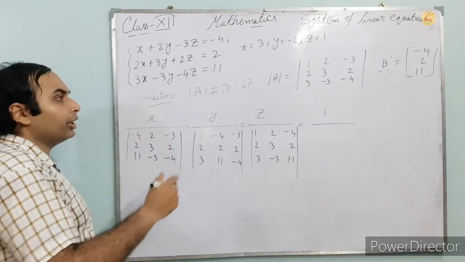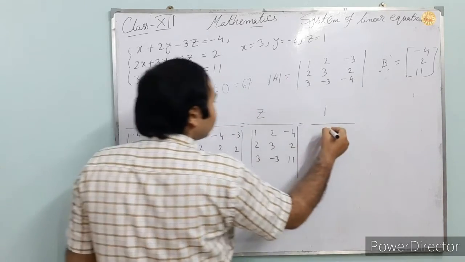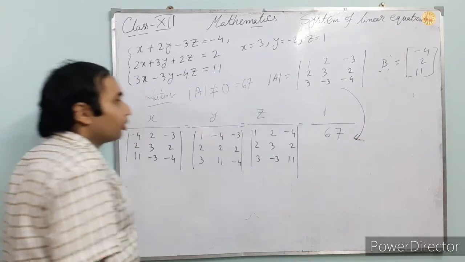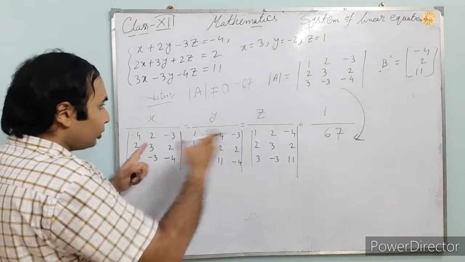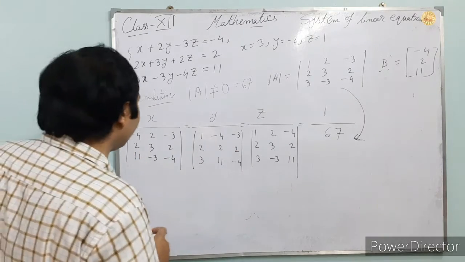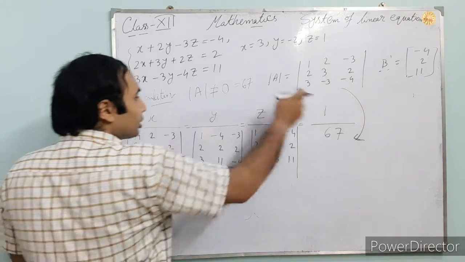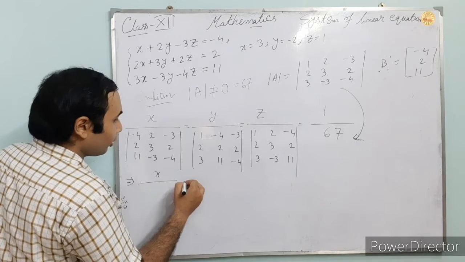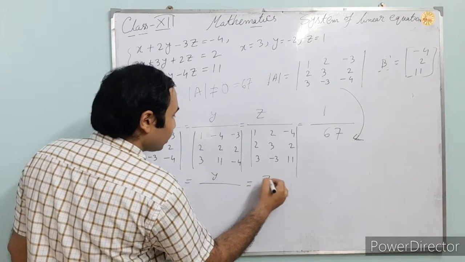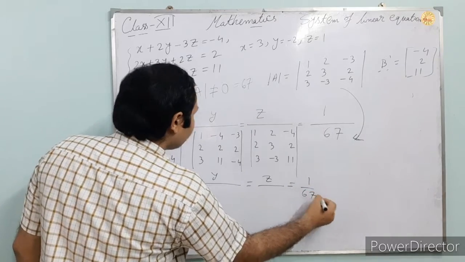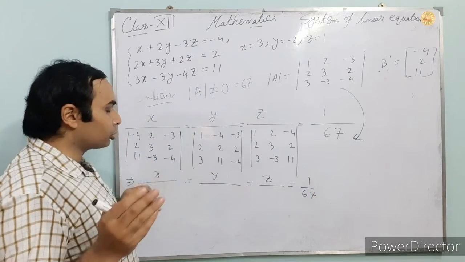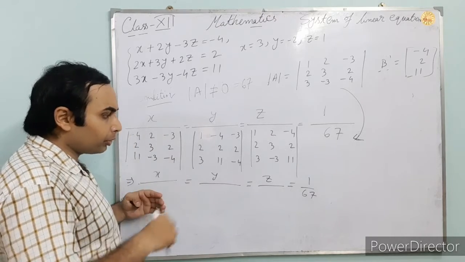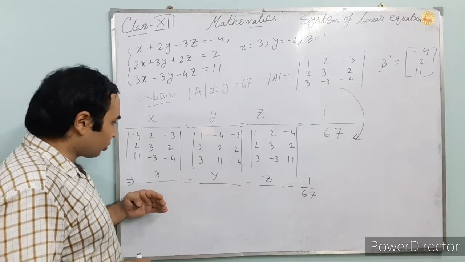At first you have to find it, so whenever you find it, you can put that value here. Actually this will be this. Okay, so now this is the system of linear equations. So x equals this by this, that is 1 by 67 into this. Here x by that, equals y by that, equals z by that, equals 1 by 67. So you will do those calculations; I am not showing you. I have solved them previously, that's why I am just writing the solutions here.